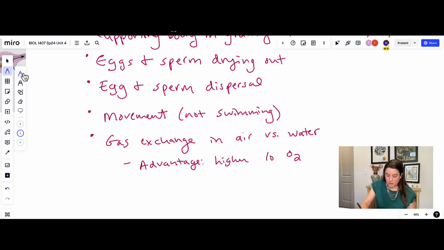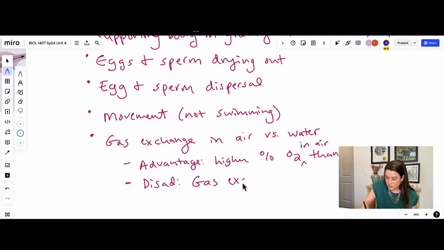You do have oxygen in water, obviously, because the organisms need that for cellular respiration, but when it's dissolved, it's at a lower percentage than in air. Disadvantage: